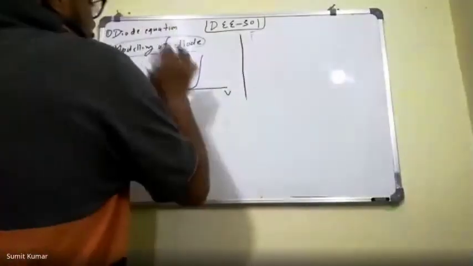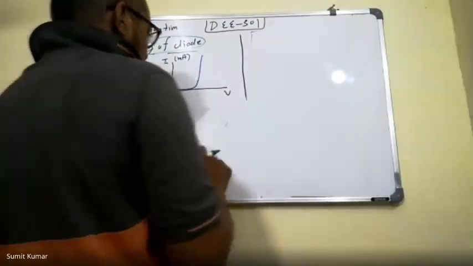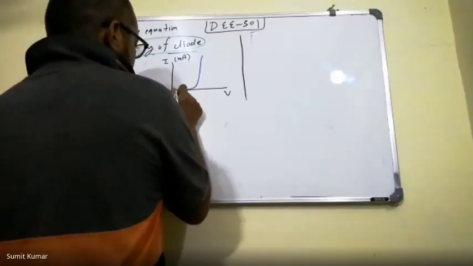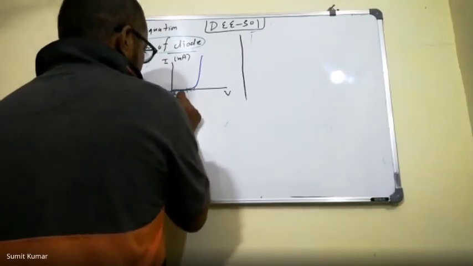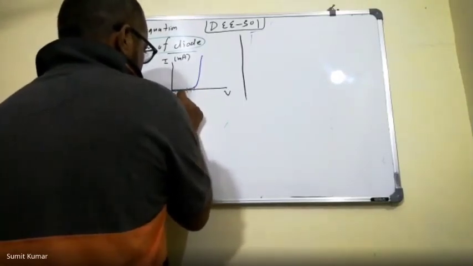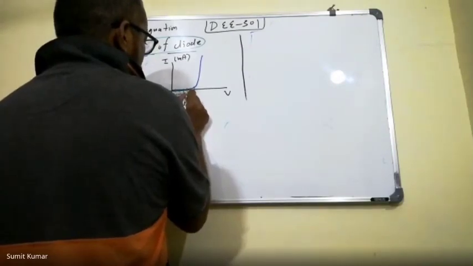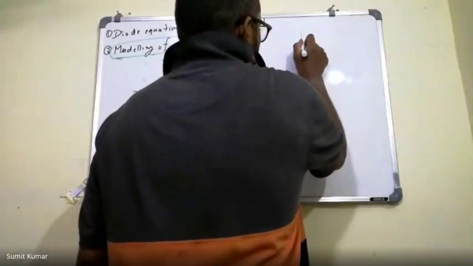Here you can see the characteristics of the diode, and if I plot these characteristics in a different way, because I have taken the scale like this. Here my scale is like this. This is 0.1 volt, this is 0.2 volt, this is 0.3 volt, 0.4 volt, 0.5 volt. And if I redraw this characteristics